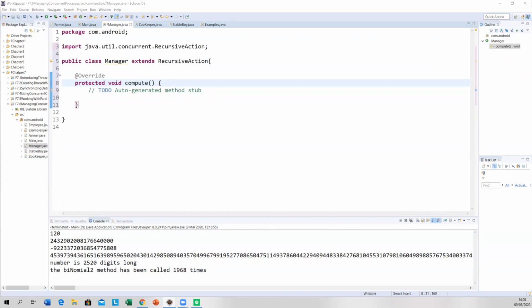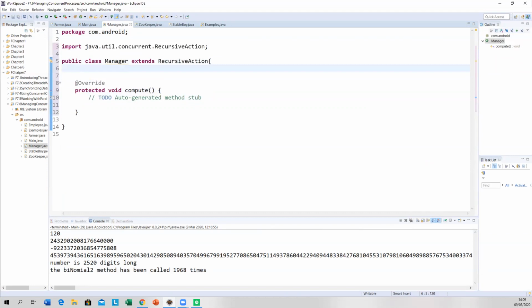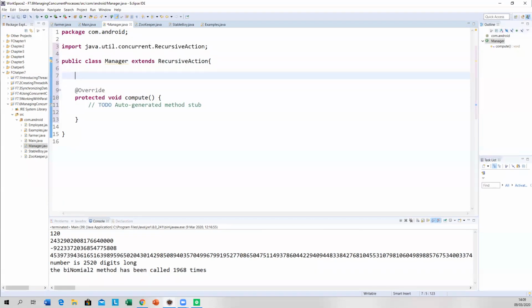Okay, so let's make sure here. Now, so manager. Now we're going to have a couple of things in here. So we need to know when we're starting at a weight. Okay, so private int start.